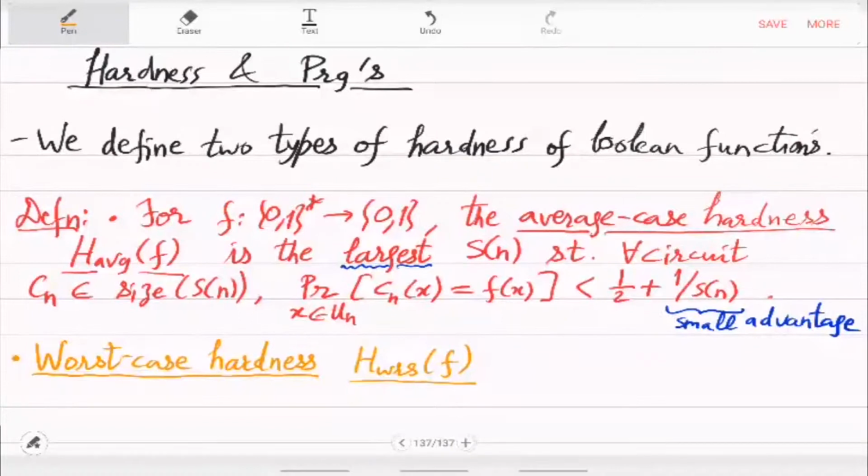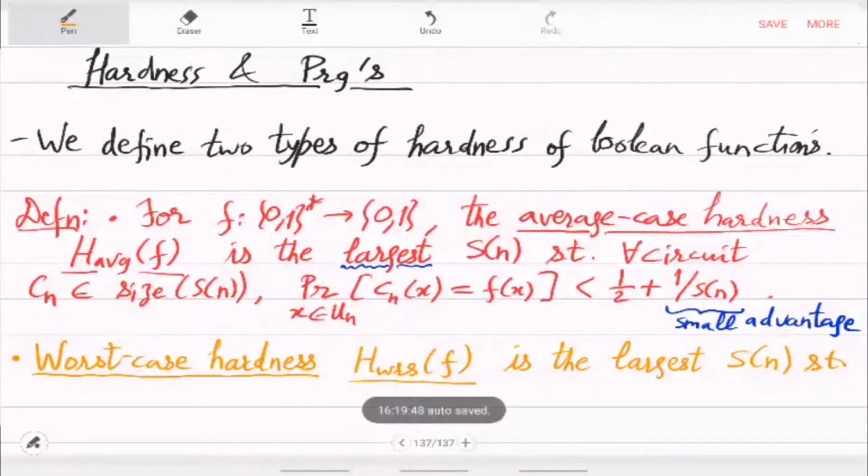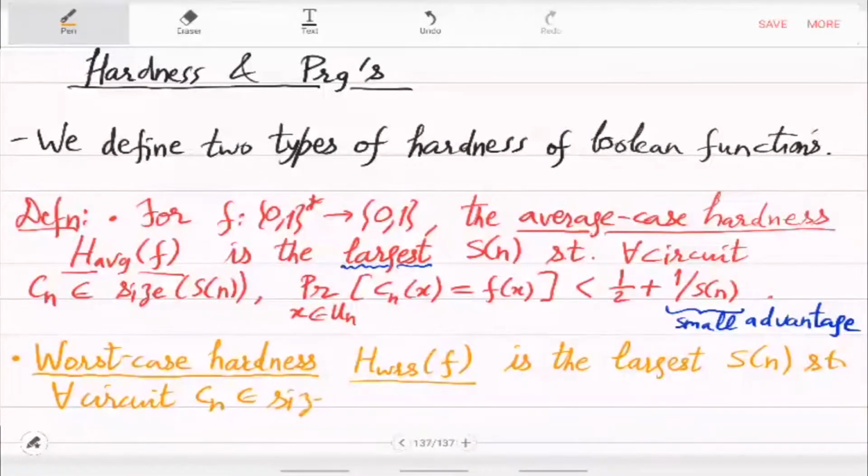This is again the largest S such that for every circuit of size S(n),